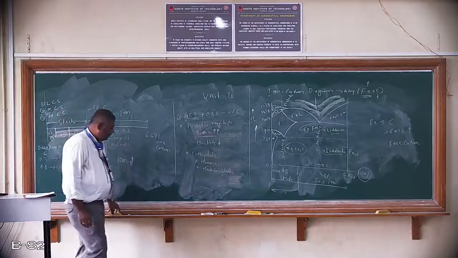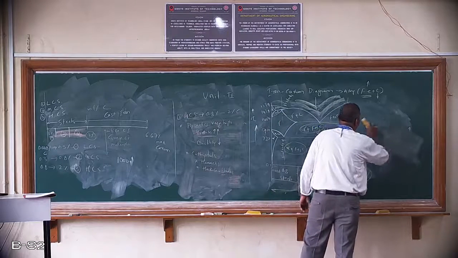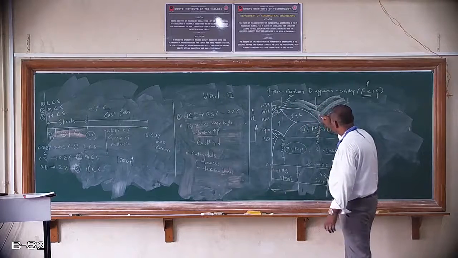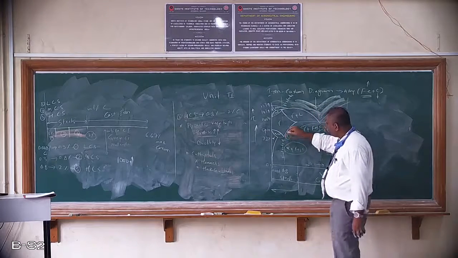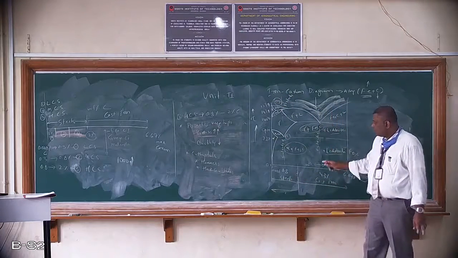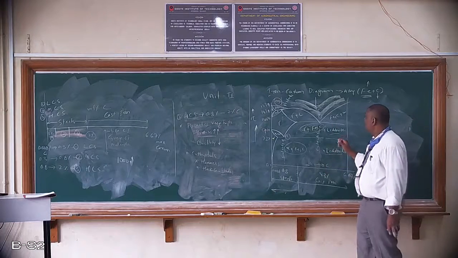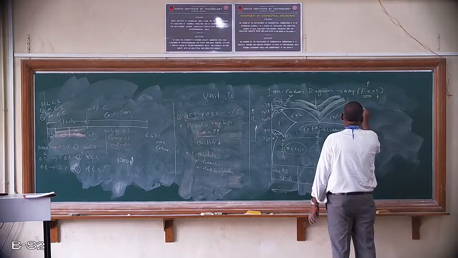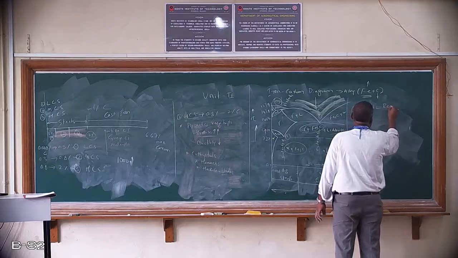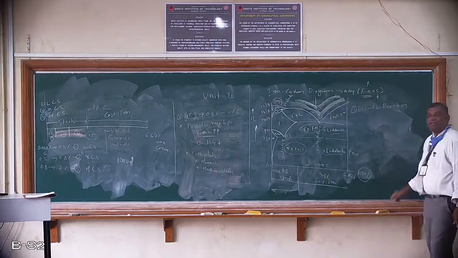Now one important thing you can observe here: there are three important reactions. Those reactions occur here. This is the first one, this is the second one, and this is the third one. So here three important reactions occur, and the first reaction is called eutectic. So this is the eutectic reaction.